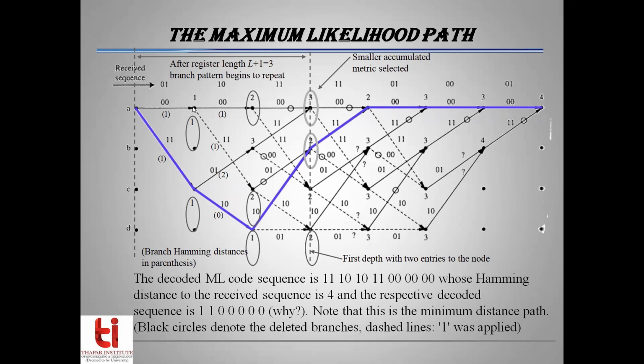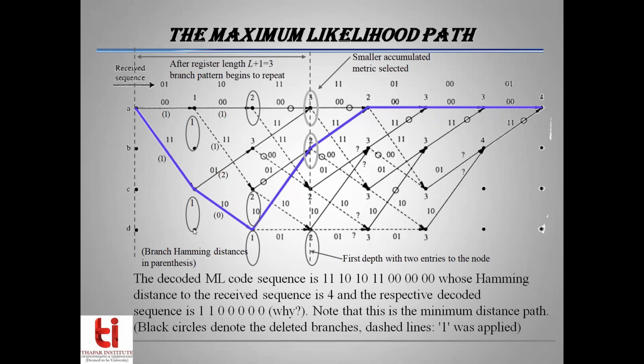So corresponding to each node, there was a branch Hamming distance indicated. However, when it was above a particular threshold, that particular branch was eliminated. As you can see here, the branch Hamming distance is 2 here. This branch is kept because for some other deleted branch the Hamming distance would be larger than 2. That's why this branch was kept and this was eliminated.